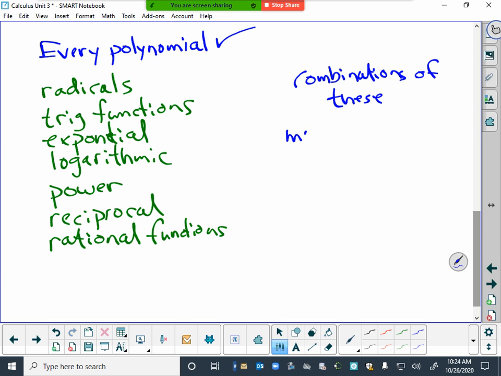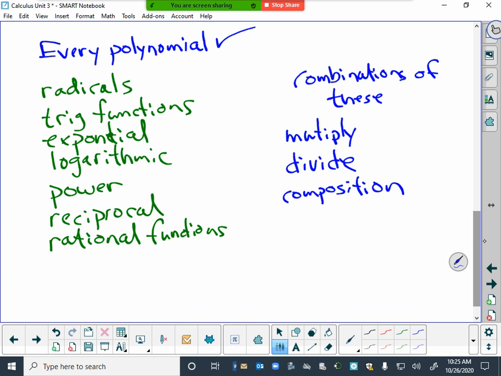But we also might have to multiply those together, divide one by another one, and then there is composition of functions. Okay? Where one function is evaluated at another one, and we string those things together. That's another way of combining these functions,